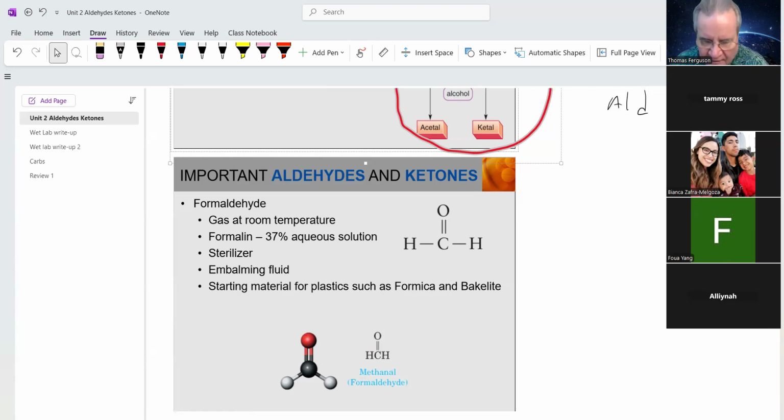If your house is built in California, it's stamped on the OSB, I believe, oriented. Does anyone know what OSB stands for when you're talking about sheet goods for building? The O is oriented. Anyway, it's used in place of plywood. It sort of looks like plywood, but it's made from chipped wood rather than sheets of thin wood. Anyway,